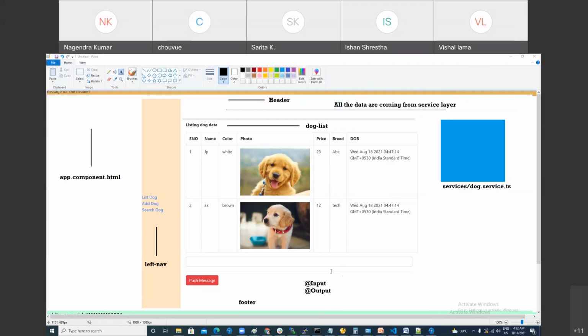Okay, so normally in components, what kind of relationship can we have? You can have a parent-child relationship, right? Or you can have a sibling relationship. Sibling means both are the children of the same parent. Make sense? And we have the concept of a service layer in Angular also. You know the reason, because